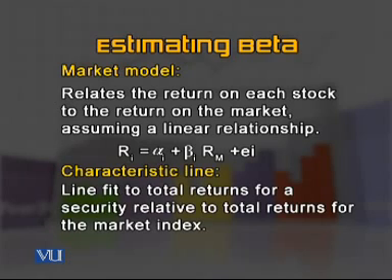So assuming all this, we must understand we're looking for the best possible options. And the characteristic line is also significant to be talked about because the line fits the total returns for a security and is relevant to the total returns for the market index. Whenever we're talking about individual securities, we have to talk about it in relative terms. We have to look at the capacity of a stock to eventually be put into a portfolio, but in relationship to its strength with the market.